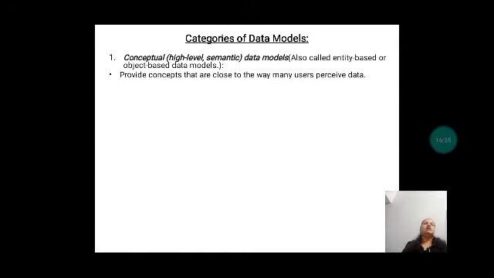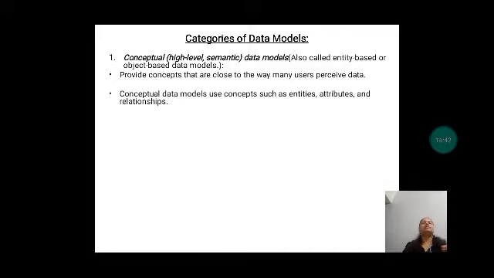And what is meant by attributes? Attributes are the characteristics of that particular entity. If I consider student, the register number of the student is an attribute, a characteristic which I can use to identify the student.